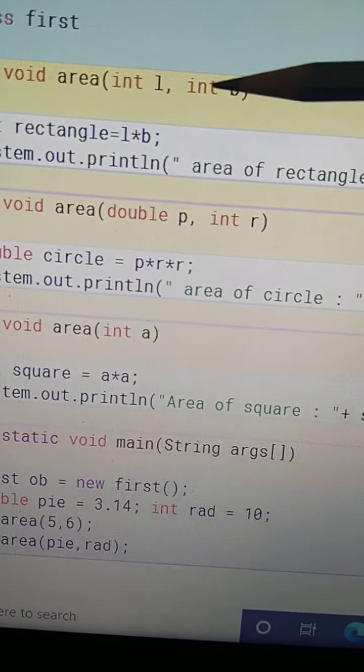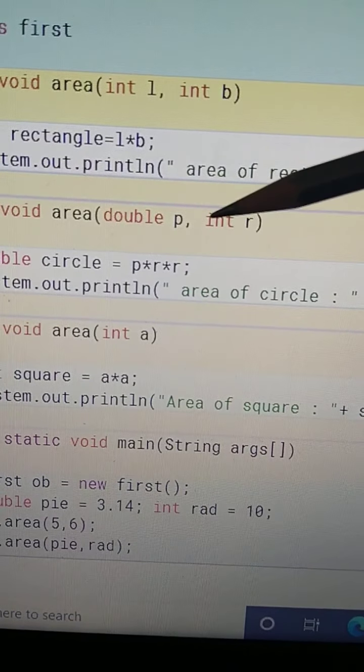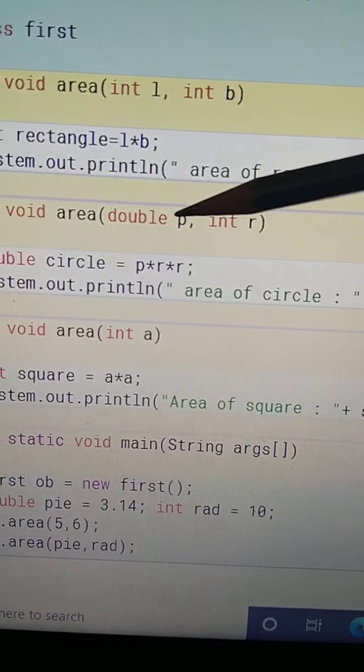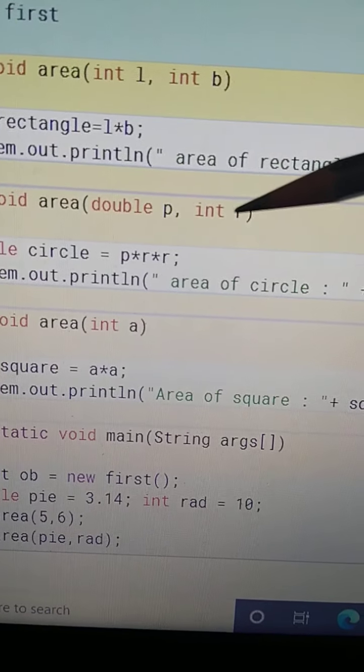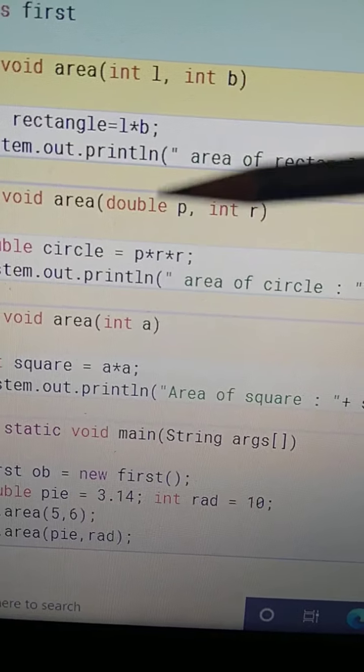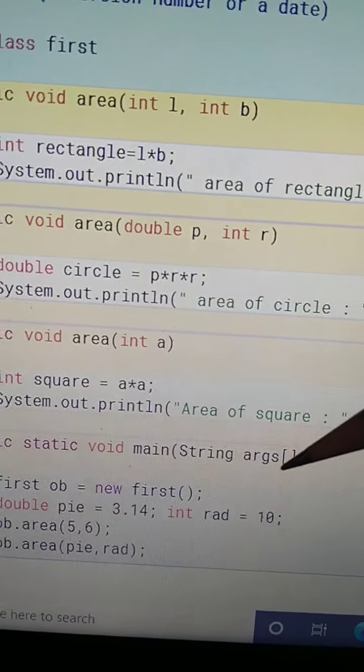Here there are two arguments which are of type int. Here there are 2 arguments but one is of type double and one is of type int. Here there is only one argument. So the signature should be different. Why should the signature be different? Because